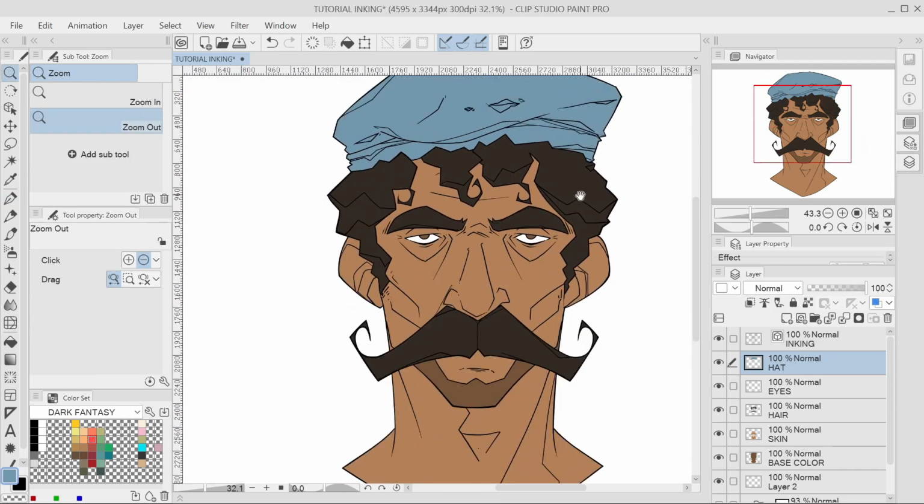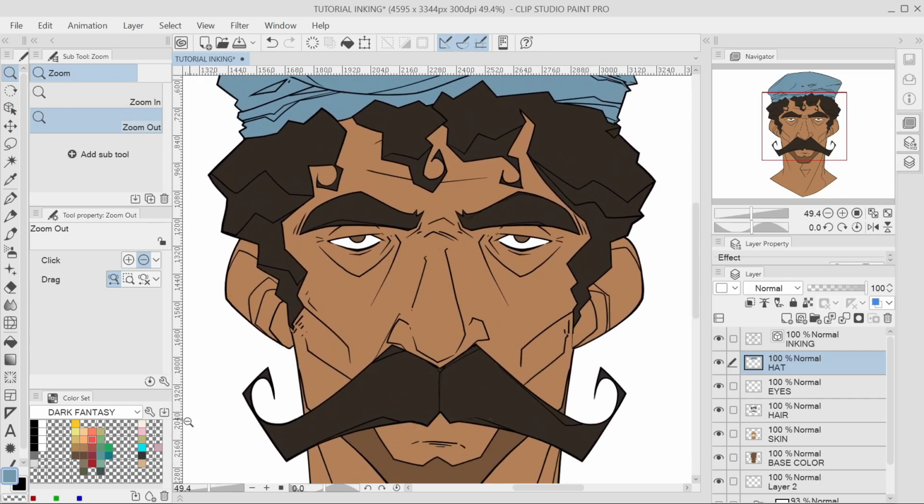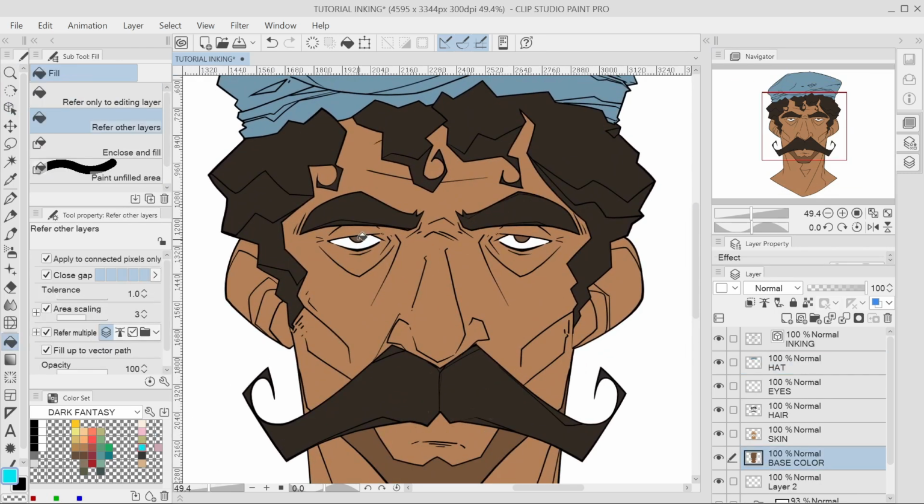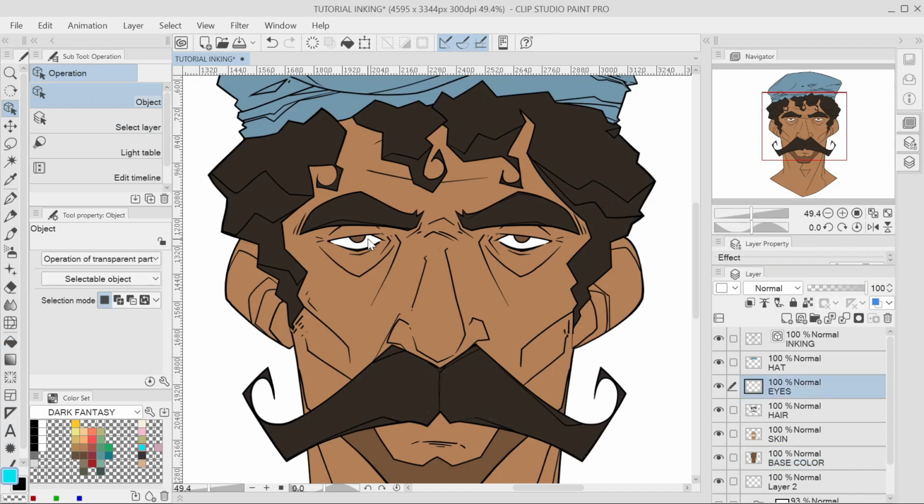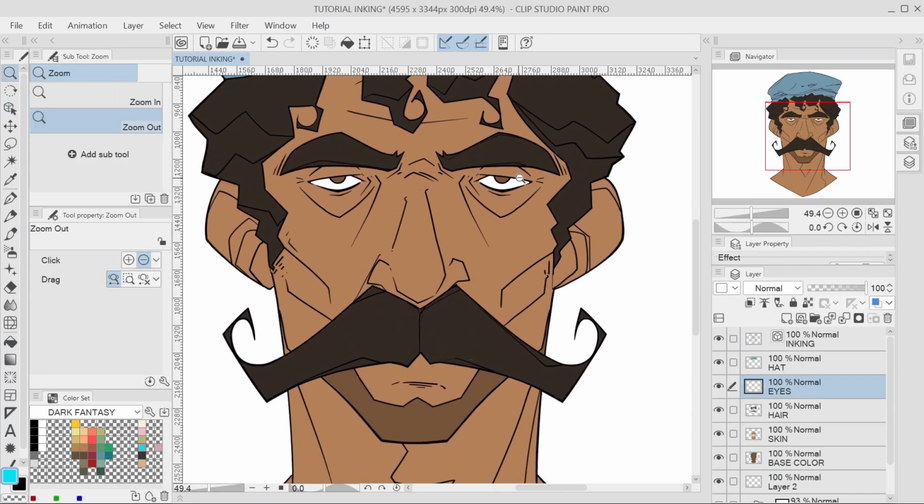So I think it's looking quite good now. Let me paint the eyes, the pupils. So again, I use the object tool to go to my eyes layer. Did you see what happened? If I click here,